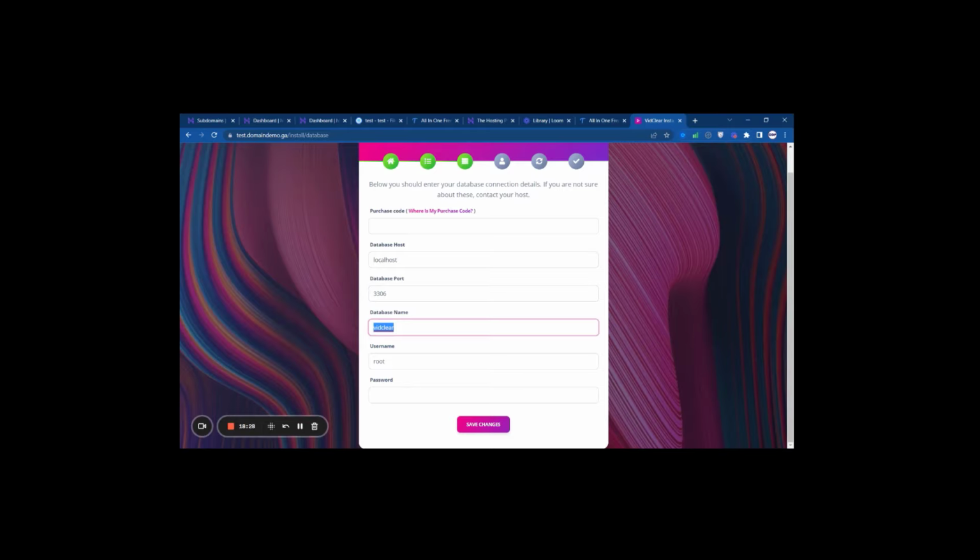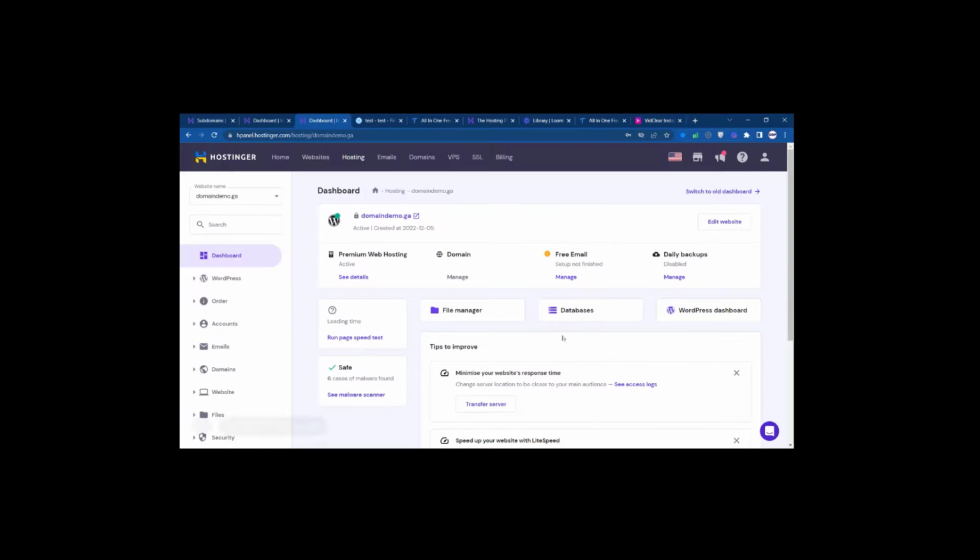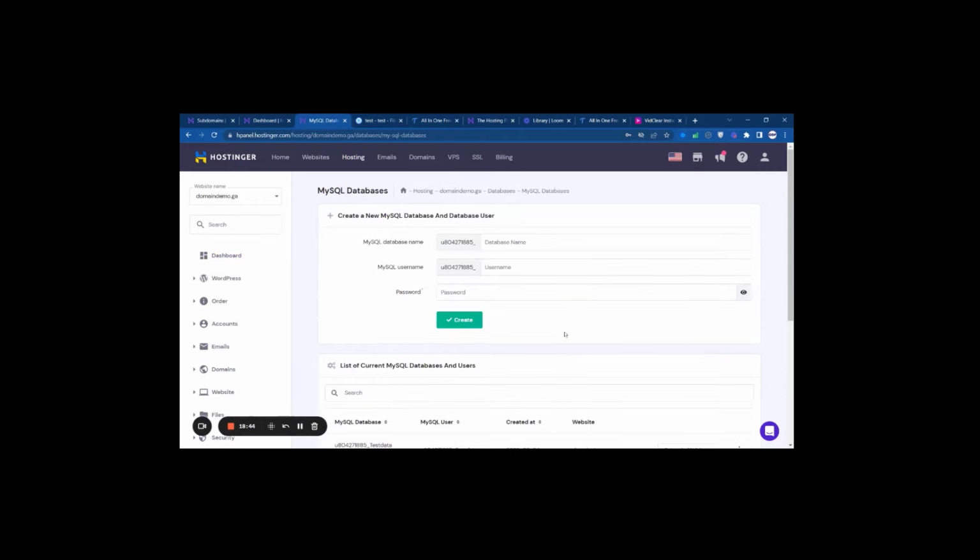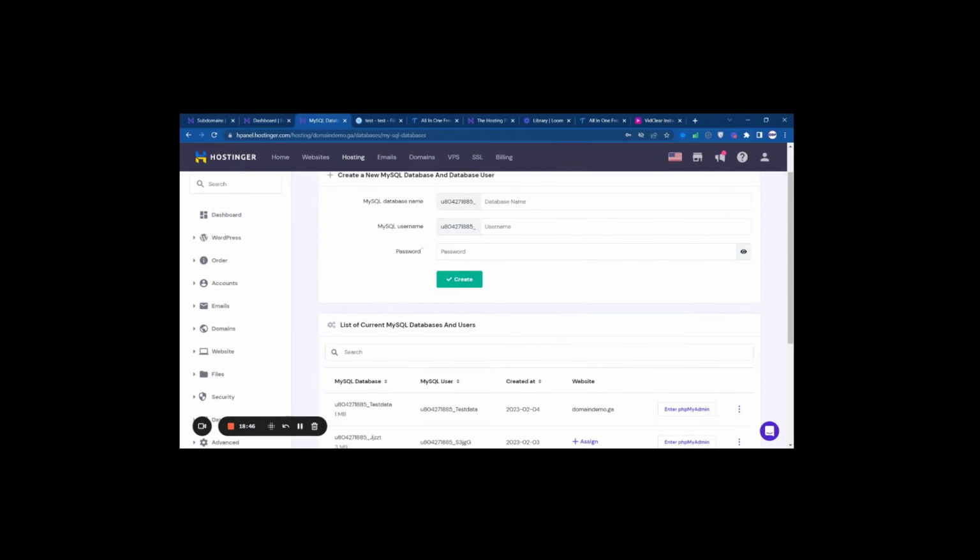And here what we need to do, we have to edit the database name and the username and the password that we created. So how can we get them? Simply we go back to our dashboard right here, and we go back to database, and inside database we scroll down a little bit, and you can see the database that we created is here, and we have to copy all this like this,